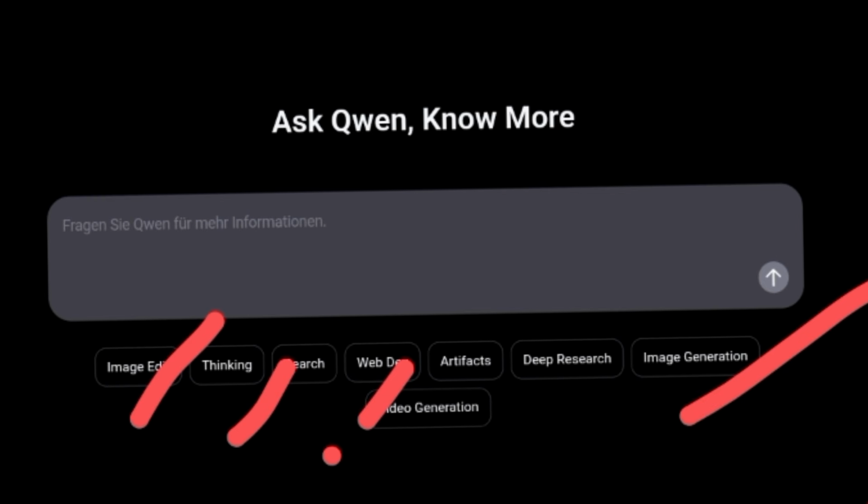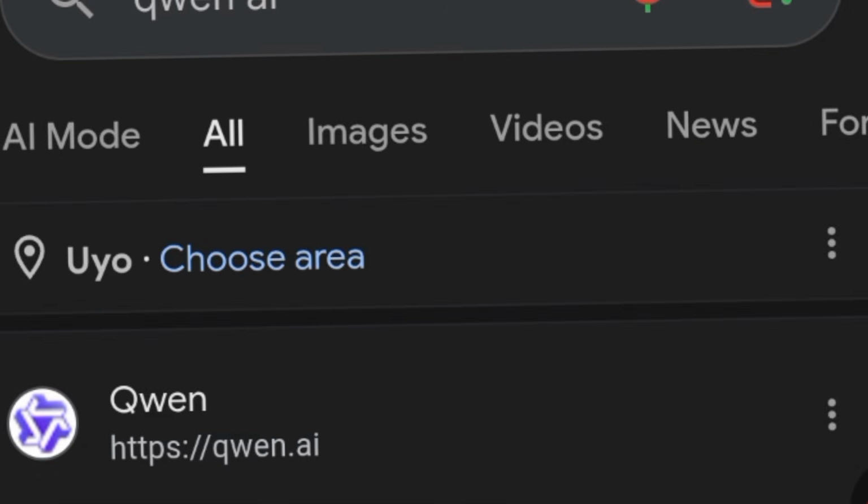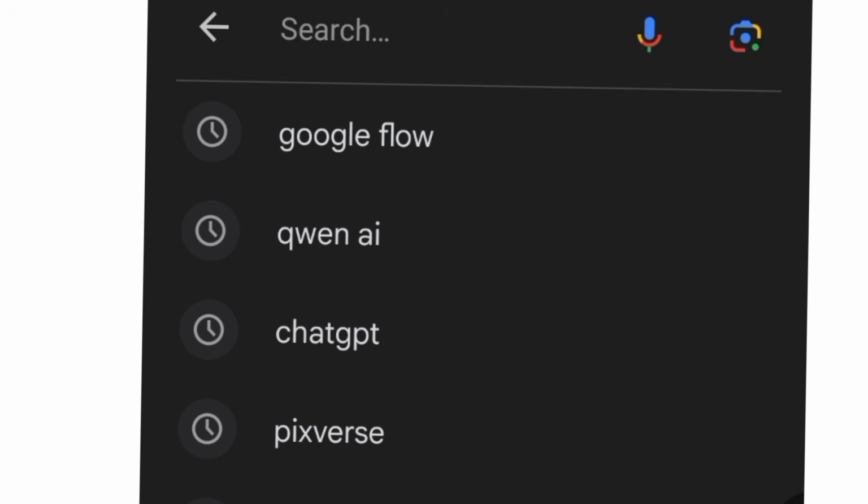So you can use Qwen AI. One thing I so much like about this AI tool is that I think they just updated their system, so it is better than it was when it came out newly. So let's move on to the next AI tool for tonight.